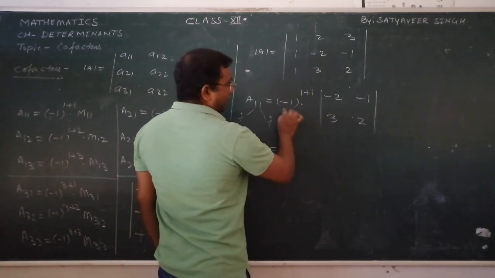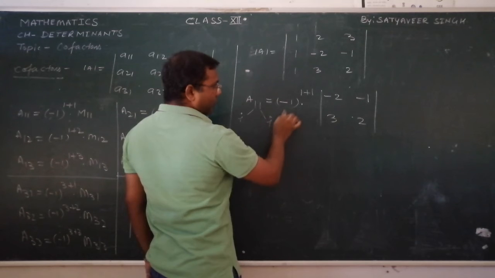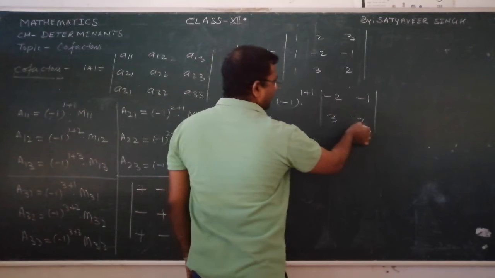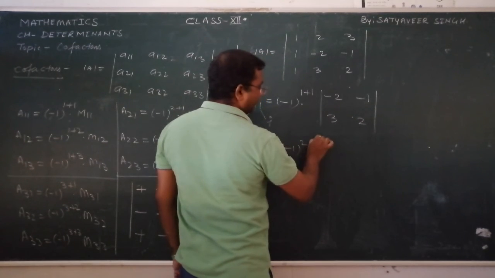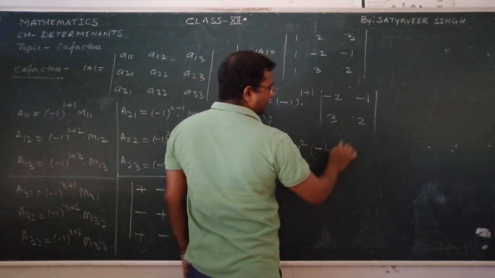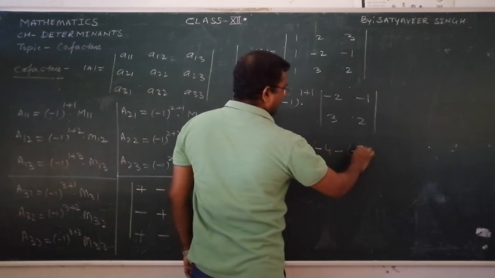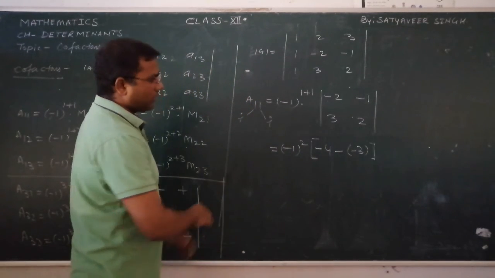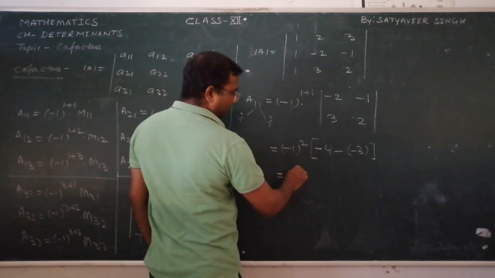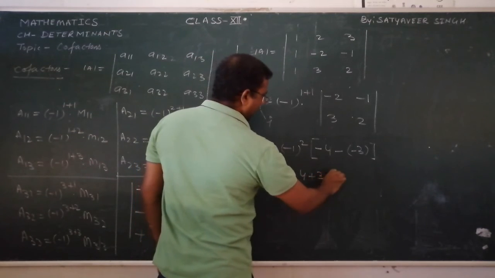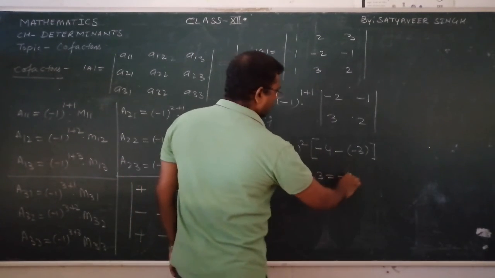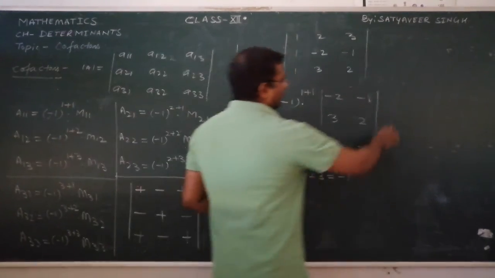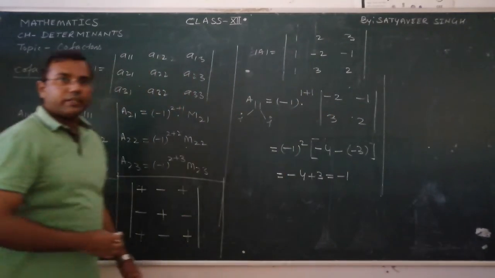You will get here it is now positive because minus 1 raised to 2 is positive, and this we can solve. Here it is minus 4, minus as per rule, and minus 3. So if you multiply and solve this further, open the bracket, you will write minus 4 plus 3. It is minus 1. So one element I have solved here. One more I am doing for you. The remaining part you will complete in the homework.